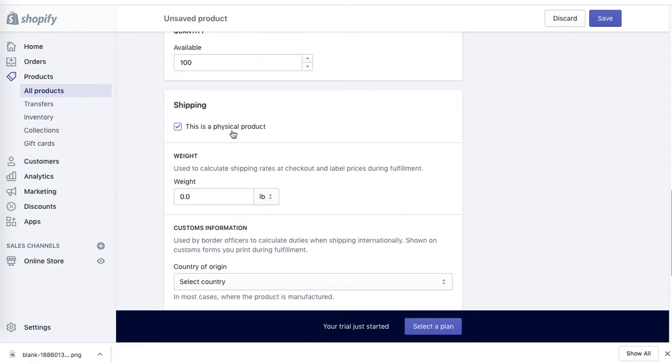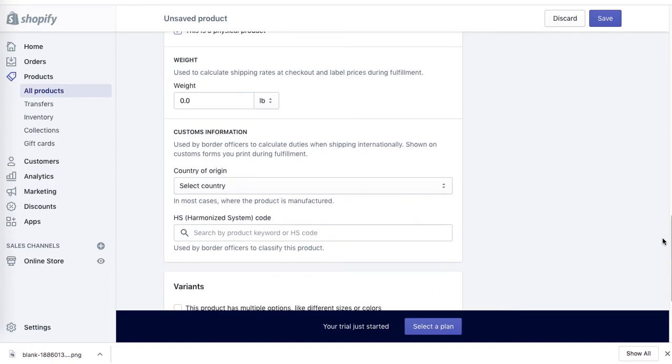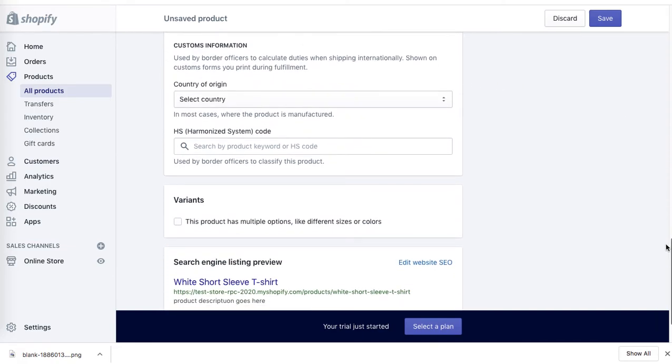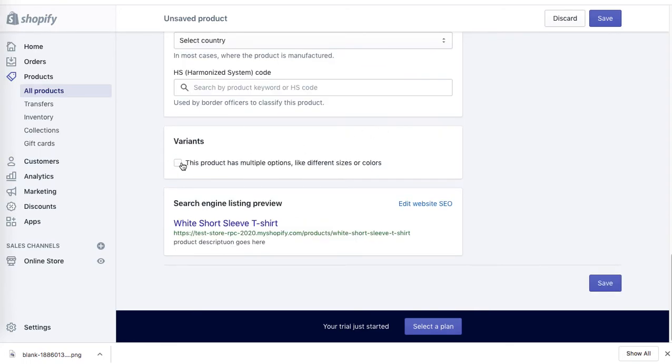This is a physical product, so if you're selling digital downloads, obviously untick that. If you will be using weight-based shipping, you can specify how heavy the item is, so the shipping will be calculated at the checkout. Customs information is useful if you're dropshipping from China or other countries, so make sure to specify it here as well. If you want to add variants such as different colors or different sizes, this is the